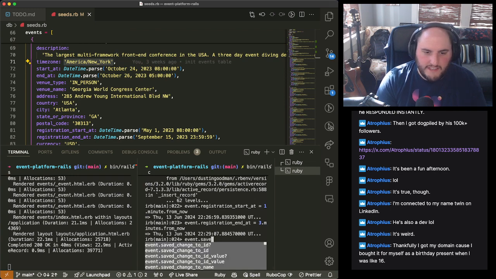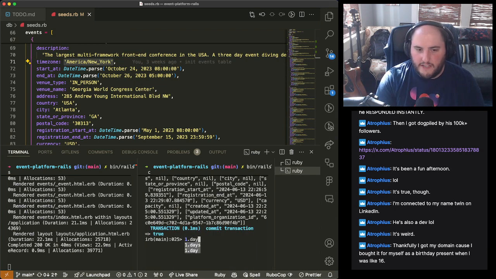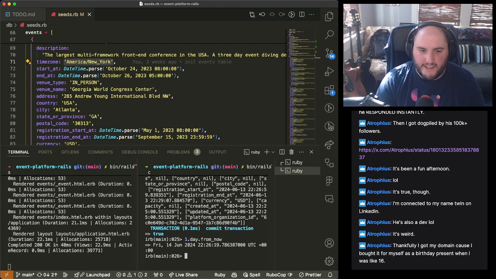I also just love how easy it is to do Rails syntax. Like how clean was that to do dates, like 1 day from now? Isn't that just cool that you could do that and it's actually a correct value? I don't know, I think that's pretty slick. One of the reasons I like Ruby.